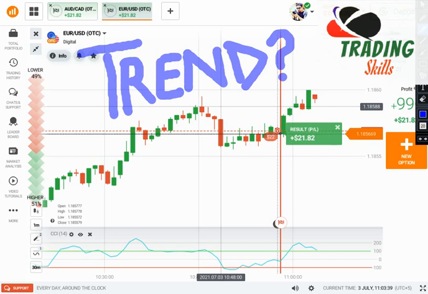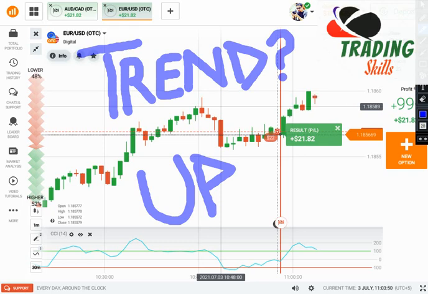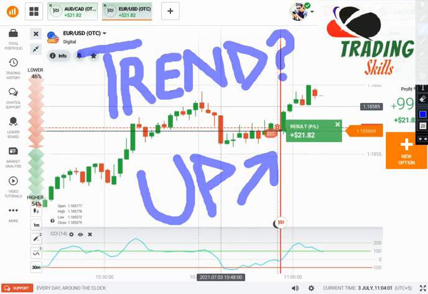I used here uptrend explanation and uptrend market movement. So the trend was an uptrend, and I took my trade according to the situations. So always try to choose these things. If the market is making this movement, it means that